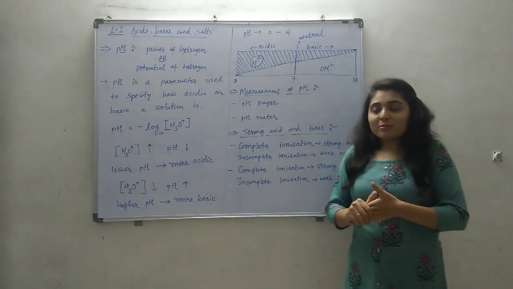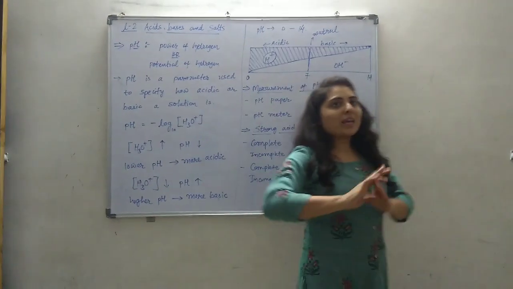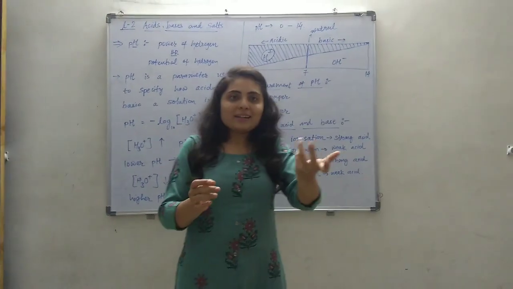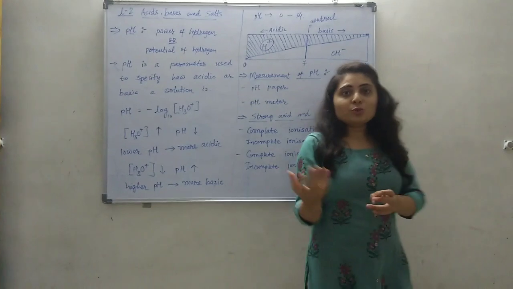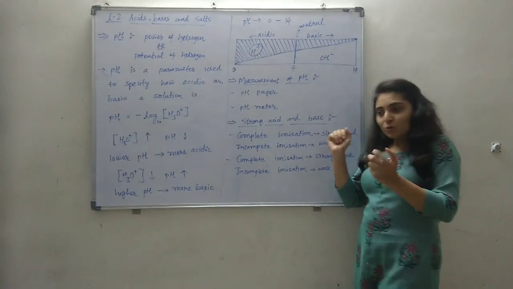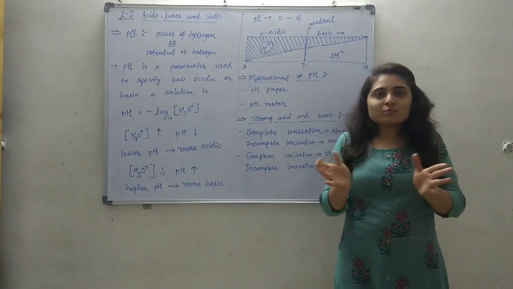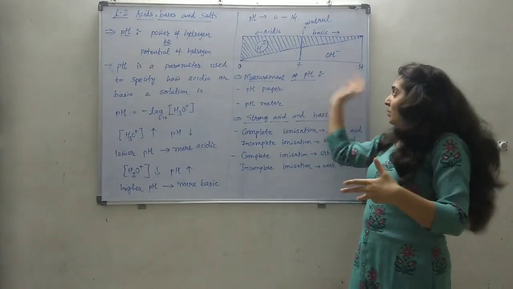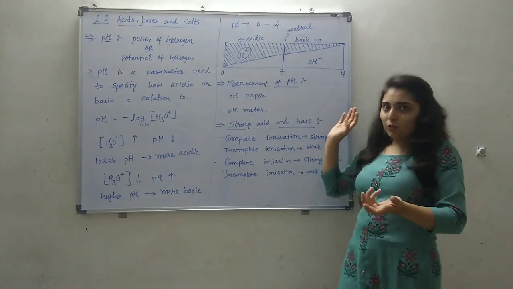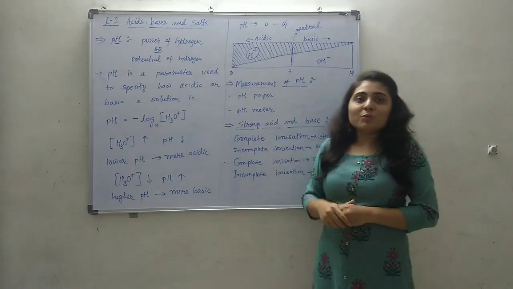For the approximate method, the first one is litmus paper. Litmus paper does not give any pH value, but if red litmus paper turns blue, then it is a base. So we can say that a basic solution has a pH value of 7 to 14. By litmus paper we can predict the range of pH values. But if it indicates an acidic solution, then the pH value must be between 0 and 7.